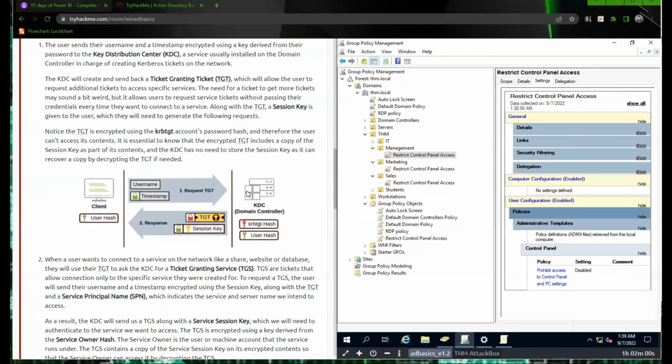Along with the TGT, a session key is given to the user, which they will need to generate the following request. Notice the TGT is encrypted using the KRBTGT account password hash, and therefore the user can't access its content. It is essential to know that the encrypted TGT includes a copy of the session key as part of its contents, and the KDC has no need to share the session key, as it can recover a copy by decrypting the TGT if necessary. So username, timestamp, request TGT, and the KDC domain controller will